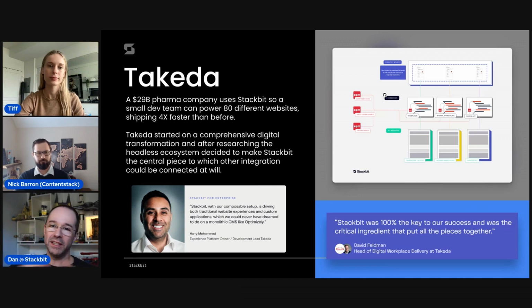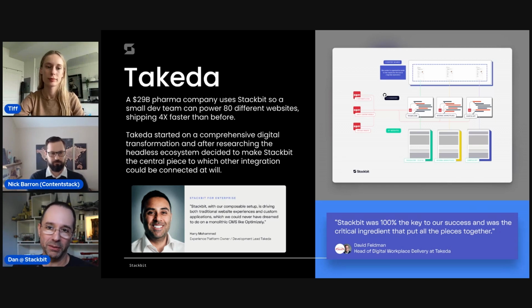And I think that's one of the key things that we'll show in a second: Stackbit is not necessarily, "Hey, here's the editing experience for your marketers and that's it." It's essentially up to each organization to set that up in the way they want. More granularity, less granularity, what controls are available to which role, etc.